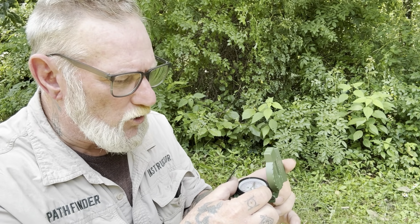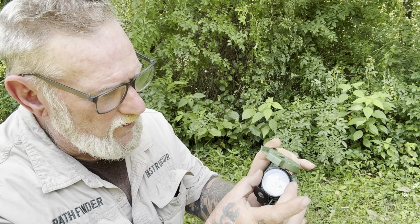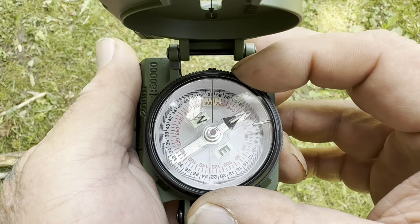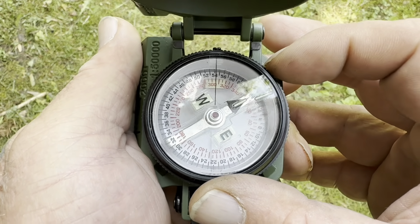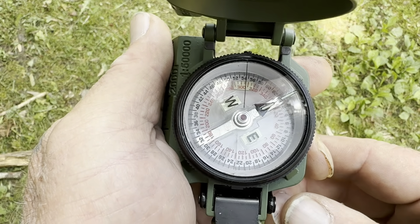If you want to put needle in the doghouse to travel over distance or leapfrog, what you need to do is move the bezel ring, which has only one line on it that's luminous, that moves with the bezel ring, until it's over the top of wherever your luminous line on the magnetic needle has landed. And then you would have what's called needle in the doghouse. I'll give you an example of that. If we've taken a direct read azimuth here and now we want to get needle in the doghouse, we're just going to move this luminous line in line with the luminous line here. And as long as we don't move,